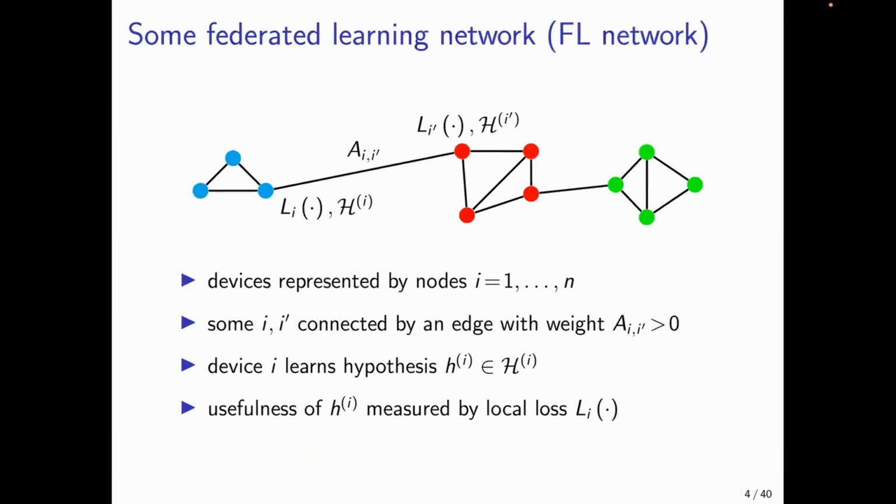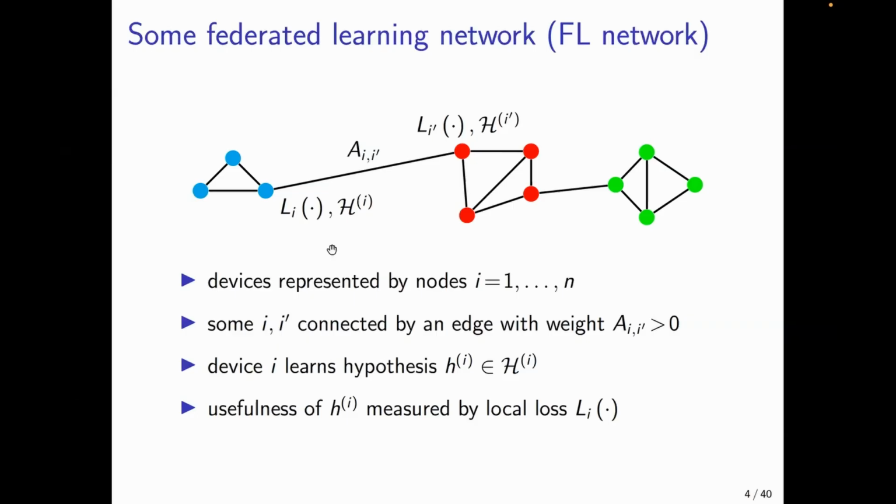So to remind you from last lecture, we introduced a federated learning network as a mathematical model, a mathematical structure for representing federated learning systems. A federated learning system can be very complicated, consisting of many different devices, and we need to abstract away the details in order to have any chance at the theoretical or formal analysis of the federated learning network. And for example, then to study if this federated learning network is robust or if it protects the privacy to a satisfying degree. In order to do all these things, we need to throw away a lot of details. So we need to abstract away all the nitty-gritty details, and we ended up with a graph structure where the nodes of the graph represent devices,